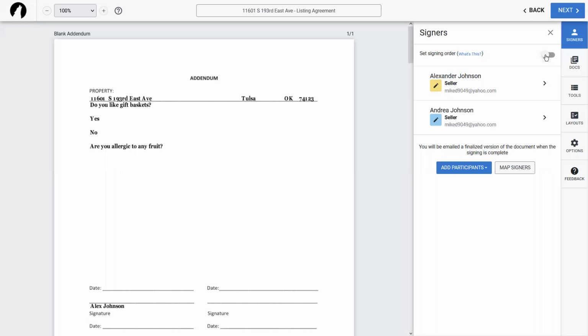That's actually going to just simply be boiled down to this checkbox up here at the top. And what that does is it makes sure that we can switch these around so that we can have Andrea sign before Alex or not. If we uncheck this checkbox, everybody gets the email at the same time, they sign, they're done. Otherwise, you can just switch that over, switch their positions, and you're good to go.